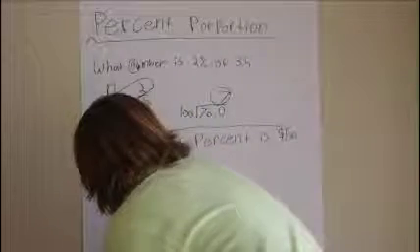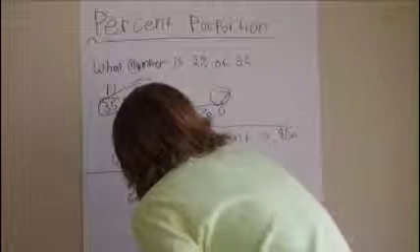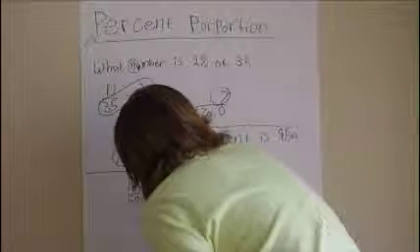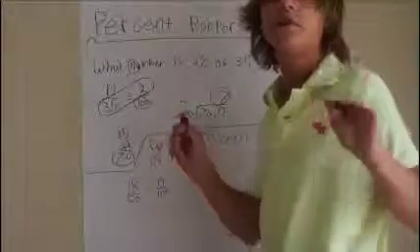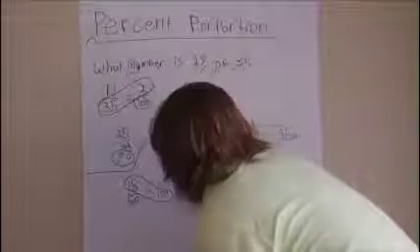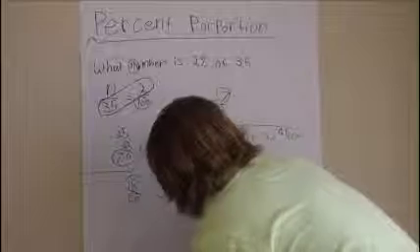So what we're going to do this time is write down the 18 over the 50, then equals n over 100. Now we're going to do kind of what we did last time, but a little bit of the opposite. So this time we're going to take the 18 and the 100, multiply them,